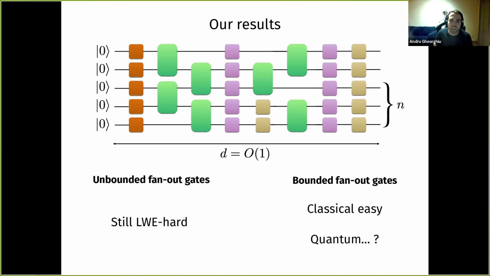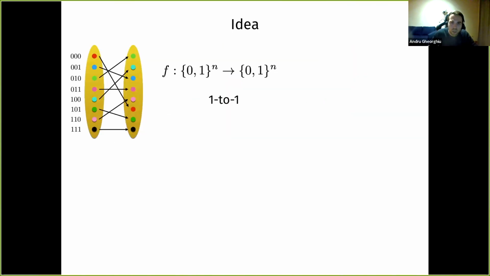I should correct myself if you saw a previous version of me giving this talk where I said that the quantum case is also hard. It turns out that there was a bug in that proof, and we don't actually know if the quantum case is hard, but we also don't know if it's easy. So it's still an open problem to determine this. I'll comment more about this later on.